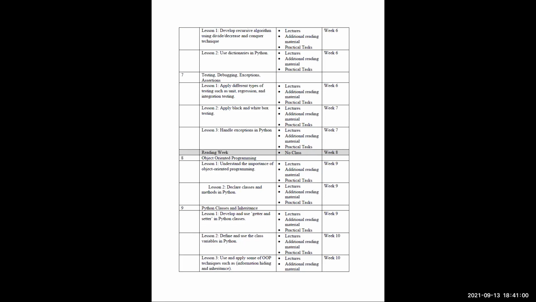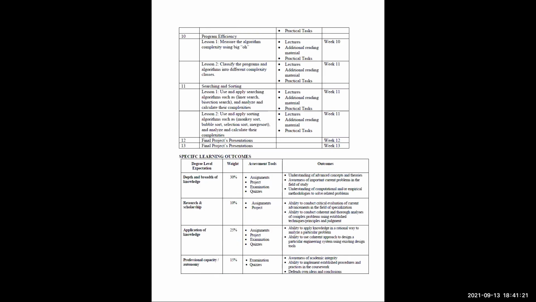In week 9, object-oriented programming. What do we mean by object-oriented programming as a concept, and how will we use it in Python? We'll use some classes and inheritance, which are the basic concepts of object-oriented programming, and if you see here, OOP means object-oriented programming. Then we'll learn some data structures and algorithms like sorting and searching algorithms, and we will be done with the last unit, which talks about complexity.